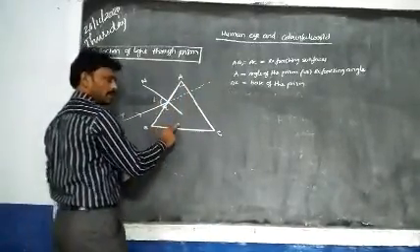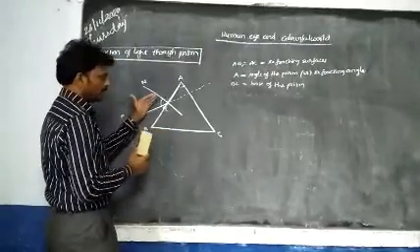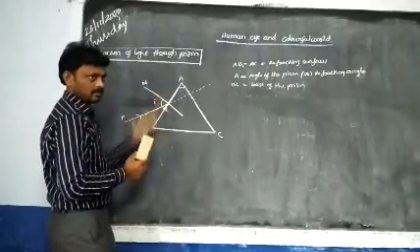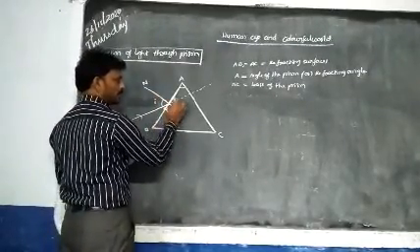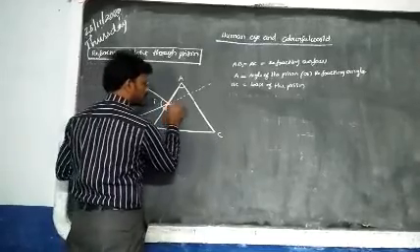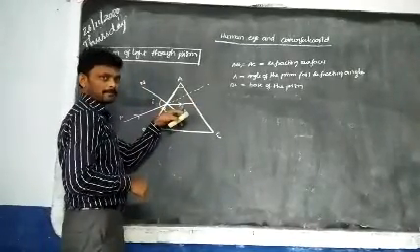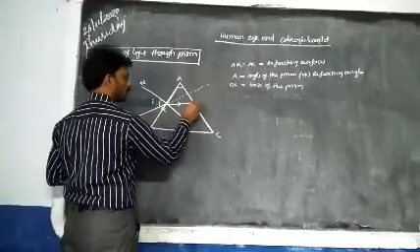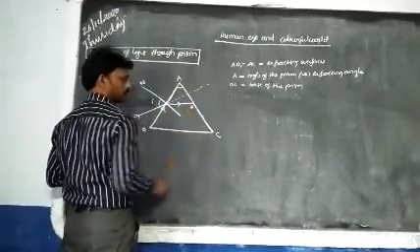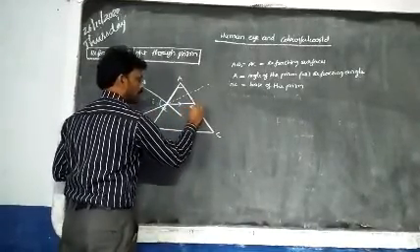But due to the change in medium, the light ray bends towards the normal, correct? It is bending towards the normal, so it goes like this. This is the refracted light ray. QR, I am taking as R.